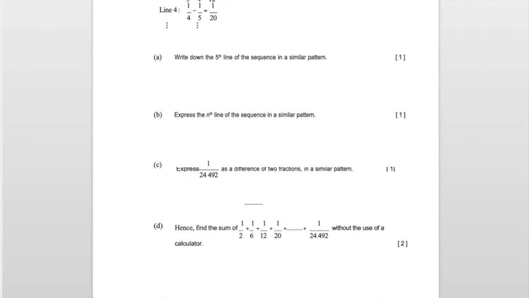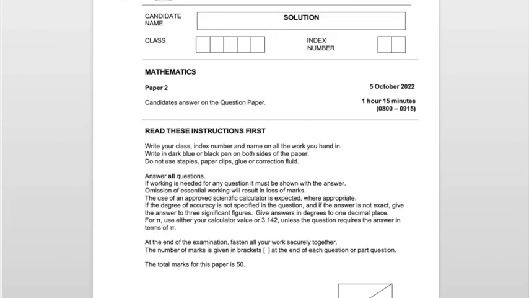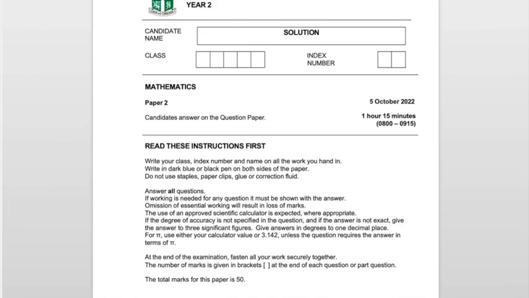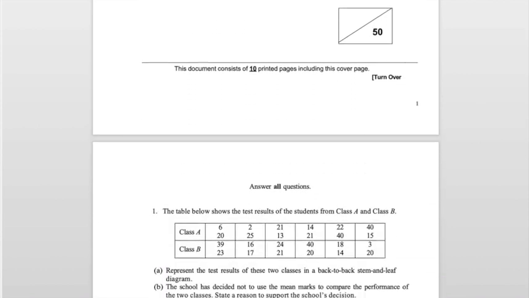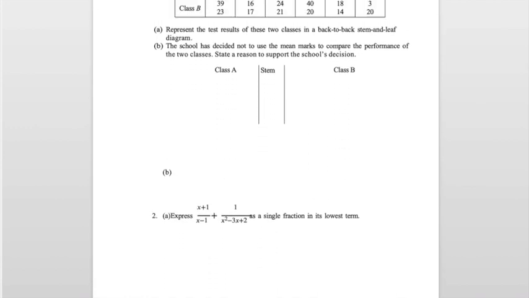Now let's move on to paper 2. Paper 2 consists of short, or rather questions which are a bit longer and lesser sums. There are only about 6, I think, 6 sums. The first one is on drawing up a stem and leaf. To draw the stem and leaf, we must first know the range. The range, right, it starts off from the smallest number is 2, and they are all 2 digit numbers,